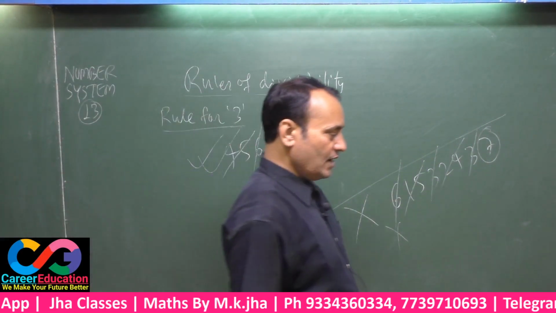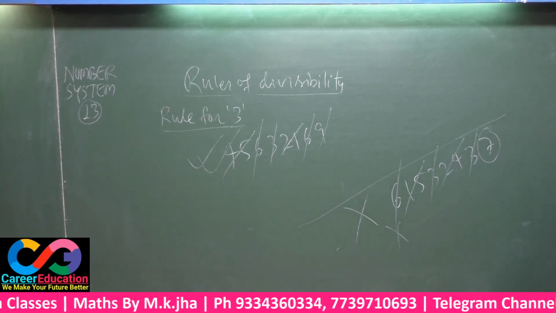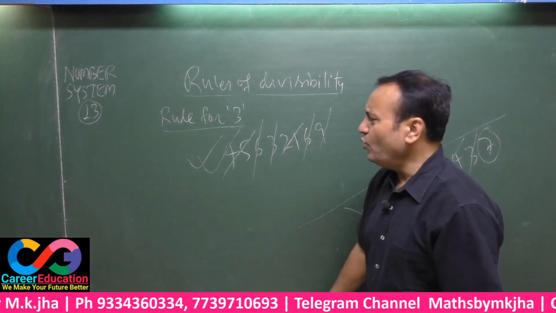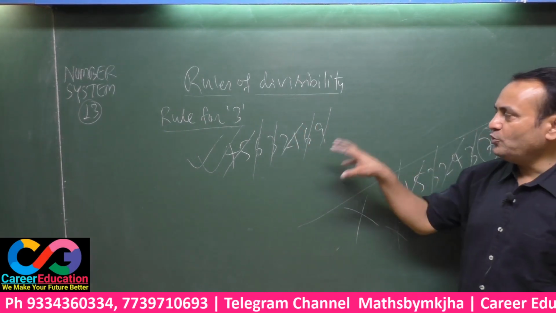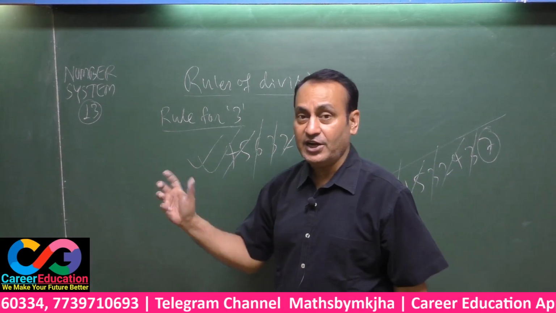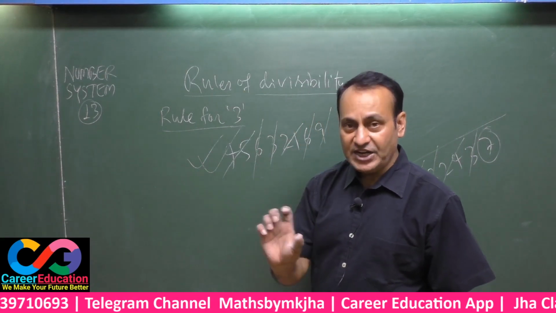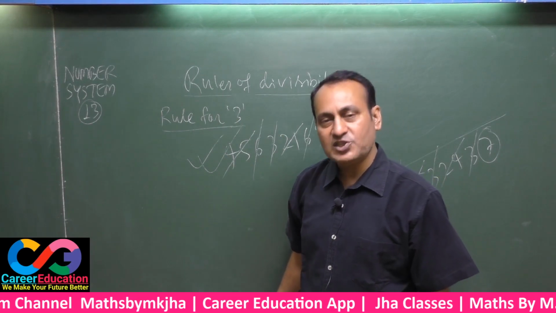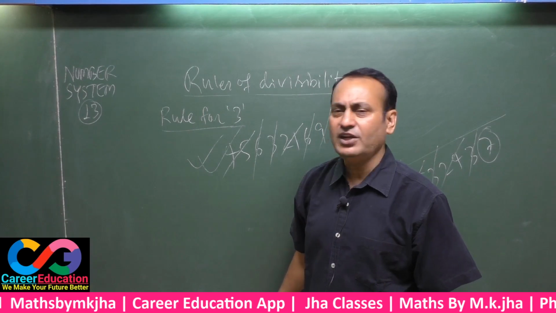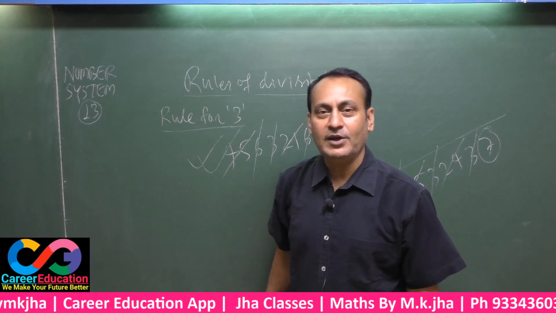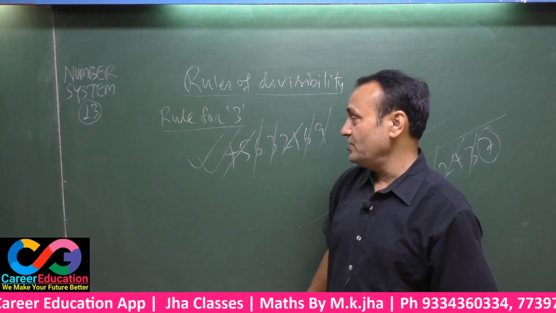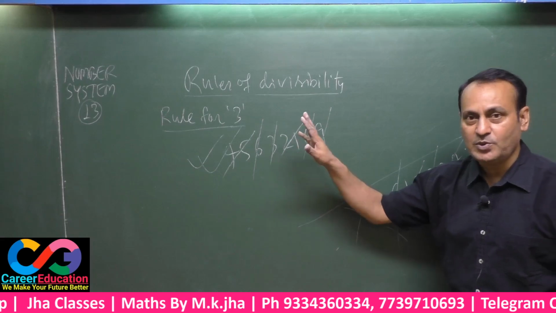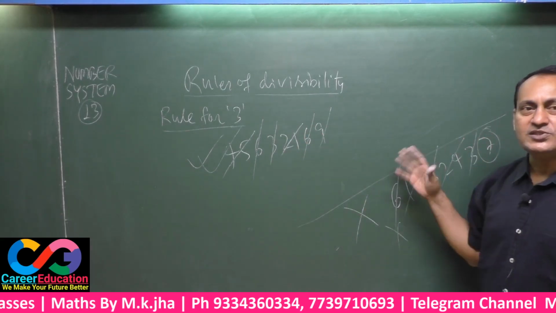Thus you have to solve this question whenever any bigger number is given to you and the question setter asks whether the number is divisible by 3 or not. You have to see which digits are divisible by 3 and drop them, and after addition of 2 or 3 digits, whenever you get a multiple of 3, drop it there itself. If there is nothing remaining, certainly the number given to you is divisible by 3, and if there is something remaining, the number is not divisible by 3. Here nothing is remaining, that's why this is divisible by 3. Here 7 remains, that means this is not divisible by 3.